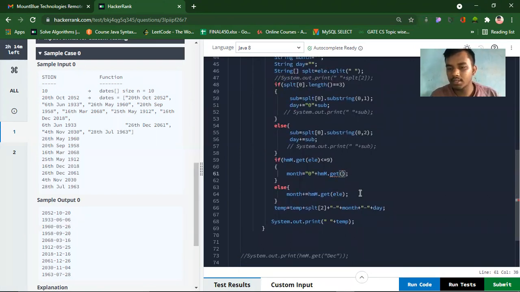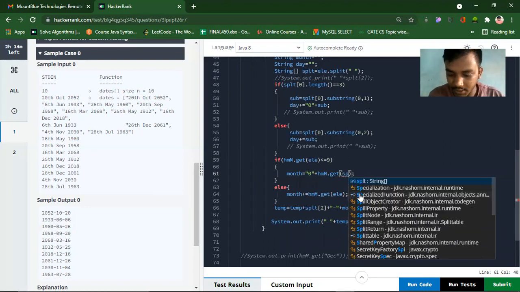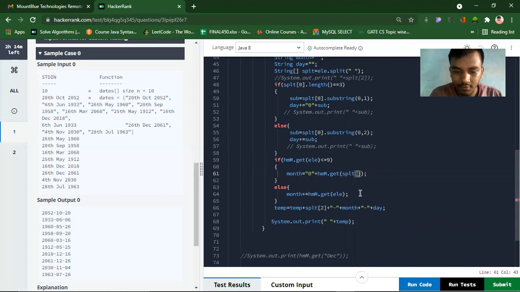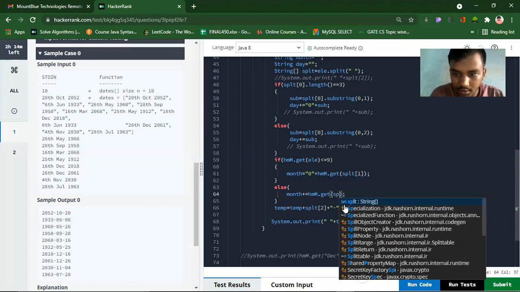See, what was the error in this? I have stored the key as a month, but I am passing the whole thing. Then what the HashMap was searching, it's returning null pointer exception because there was no such key found in the HashMap. So I forgot that I split the month somewhere else. I split, the first one is my month. Now it is going to run